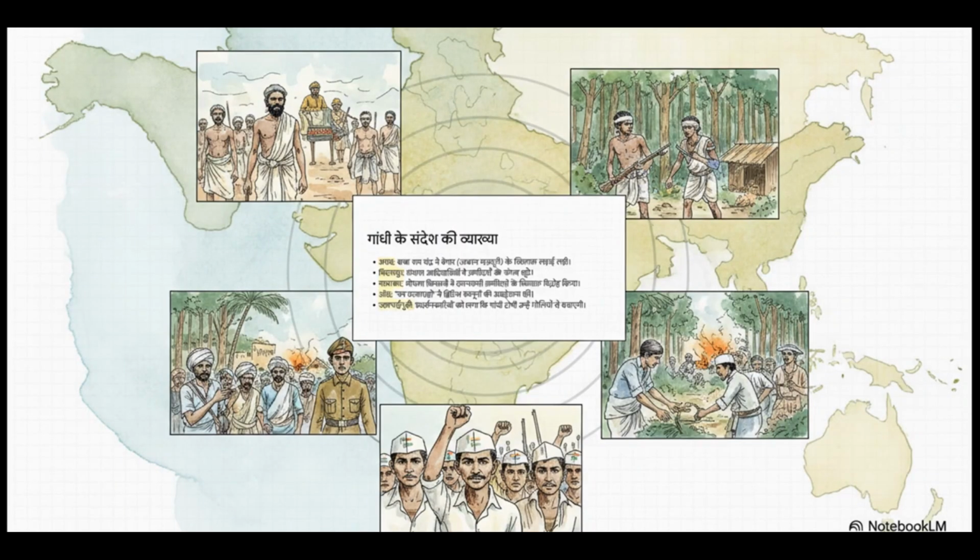अपनी अपनी समझ ने देश भर में अलग अलग आंदोलनों को जन्म दिया। जैसे अवध में बाबा रामचंद्र के साथ किसानों ने बेगार यानी जबरदस्ती की मजदूरी के खिलाफ बिगुल फूंक दिया, तो दूसरी तरफ आंध्रा में आदिवासियों ने अंग्रेजों के जंगल कानूनों के खिलाफ जोरदार वन सत्याग्रह शुरू कर दिए। मतलब हर जगह स्थानीय मुद्दे राष्ट्रीय आंदोलन के नारे के साथ जुड़ गए। और ये आंदोलन अक्सर कांग्रेस के बड़े नेताओं की सोच से कहीं ज्यादा रैडिकल, कहीं ज्यादा